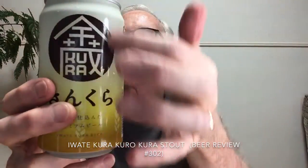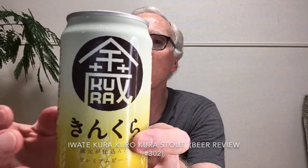They have a can designed by the design company called Nendo, which is a very innovative company. You can check them out online, Nendo, and they have done a design for the cans of Iwate Kura, and they have incorporated several elements into this. So what this says here is Kin Kura, which means kind of gold Kura. Kura is a warehouse or a storehouse,